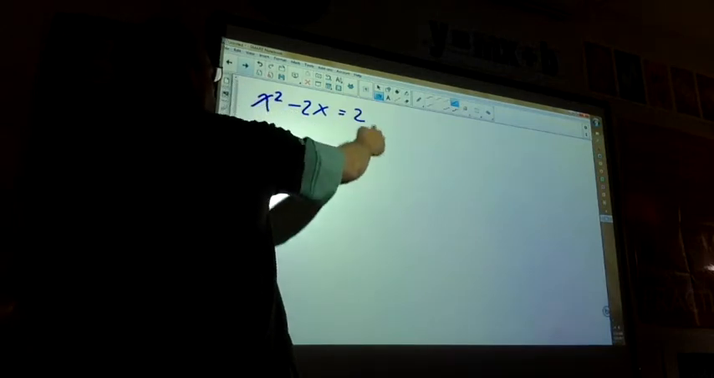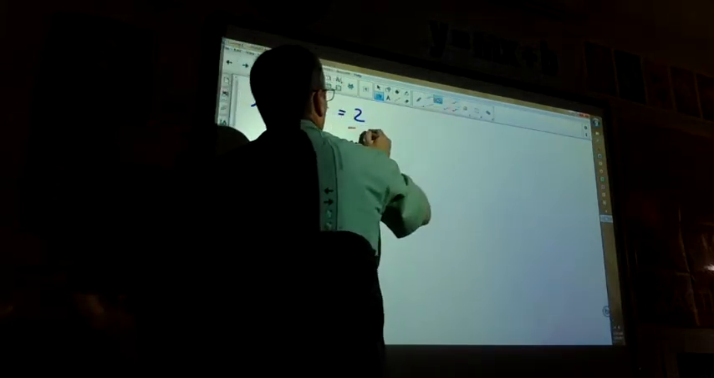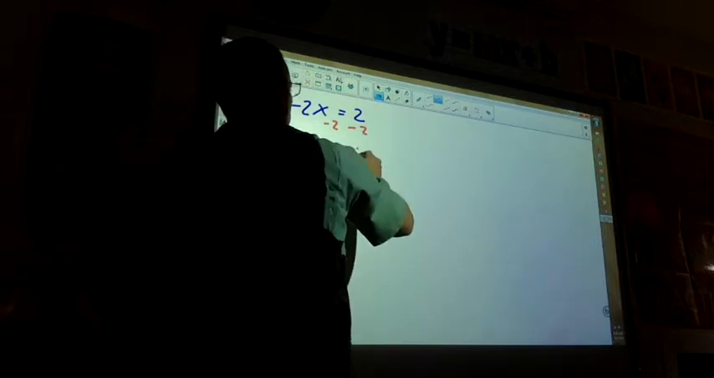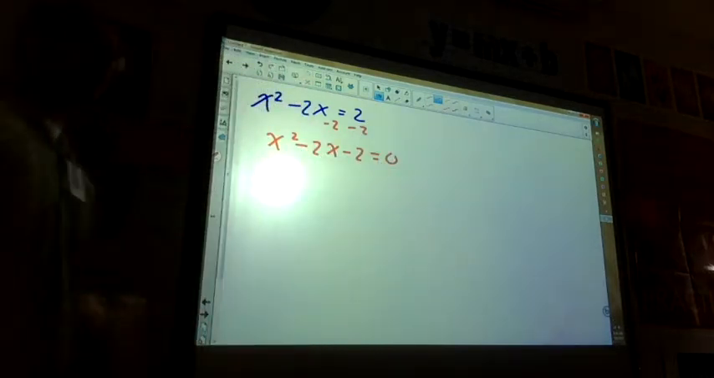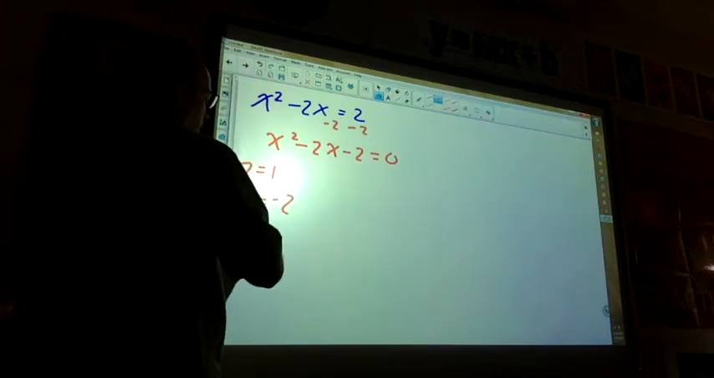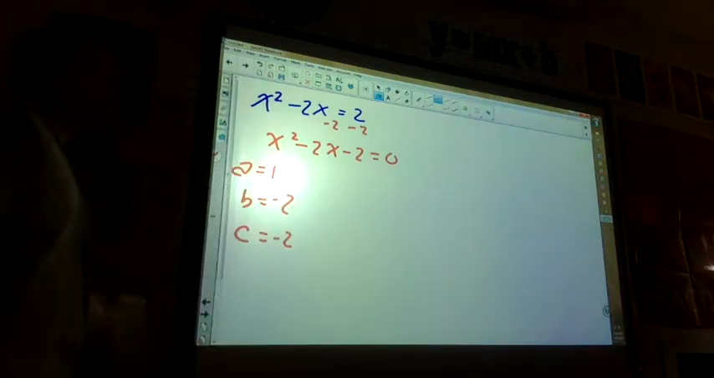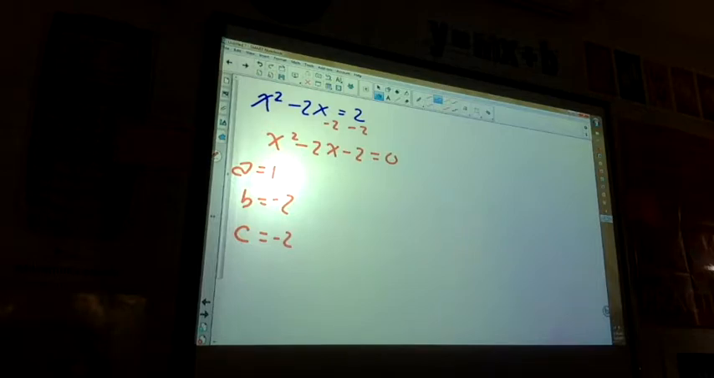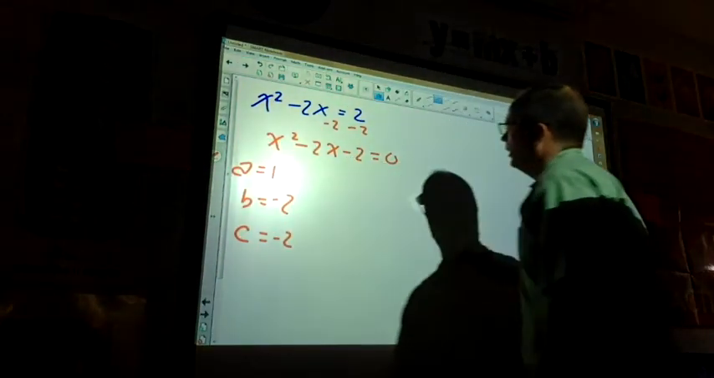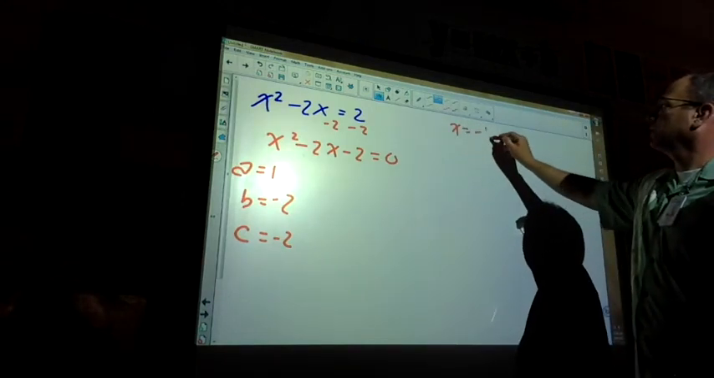So I'm going to move this 2 over. I'm going to go minus 2 minus 2. So I get x squared minus 2x minus 2 equals 0. Now it's going to work. So my a value is 1, my b value is negative 2, my c value is negative 2. Agree? If it's not equal to 0, you've got to get it equal to 0. So move whatever over. So x equals